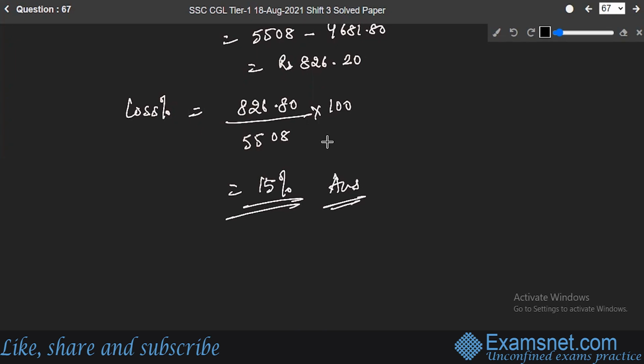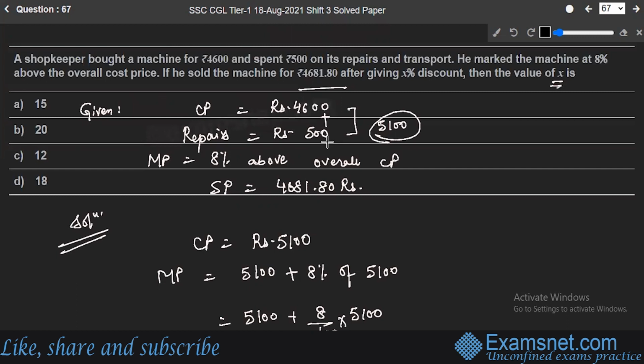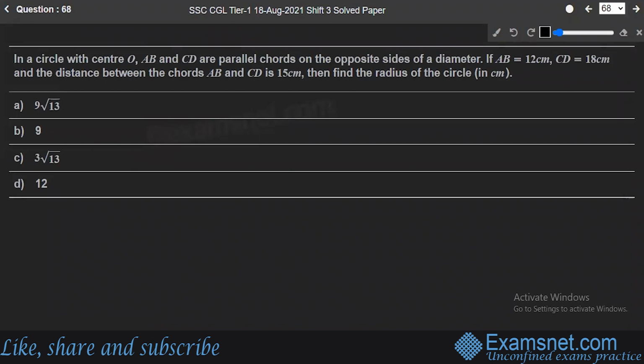So the value of X in this case, here is the value of X. X was what? It was your X% discount, right? So the value of X came out to be 15%. That is option A. Hope you're clear with this. Next, question number 68. It says in a circle with center O, AB and CD are parallel chords on the opposite sides of the